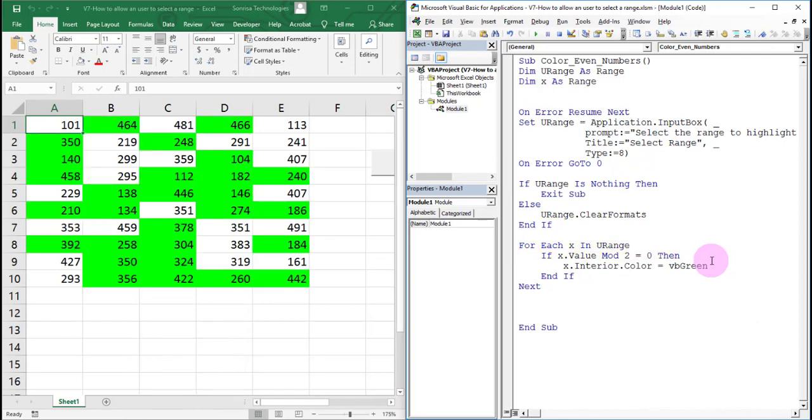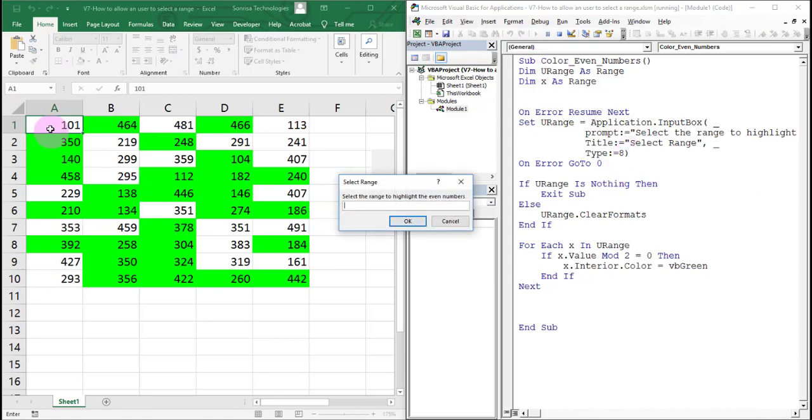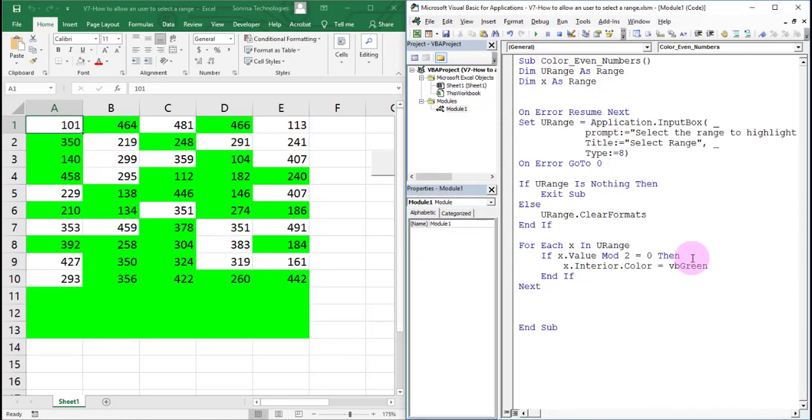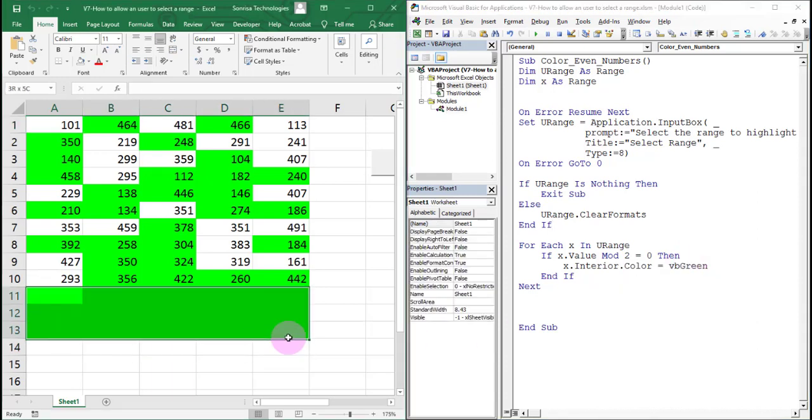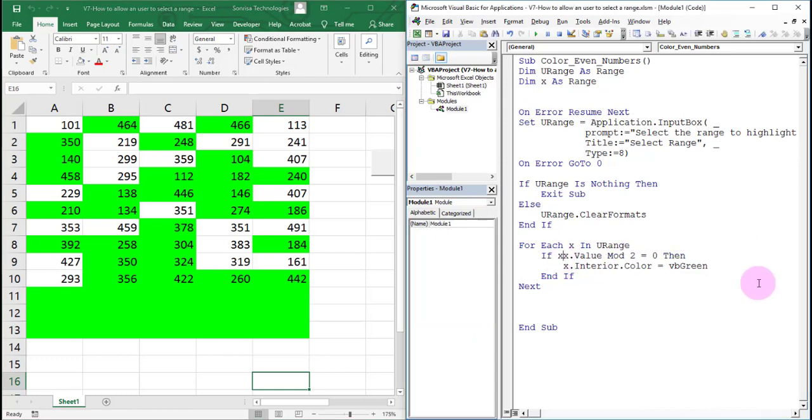Now we are into the third question. What if the user selects empty cells also? Let us check that first. Select the empty cells also. The macro identifies empty cells as zero value cells and highlights them. To ignore this, add this code here.